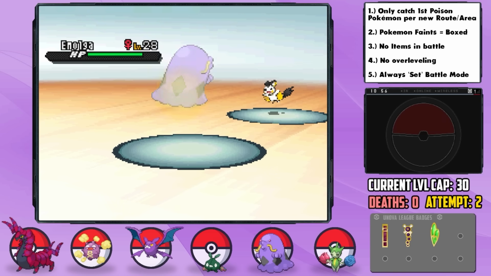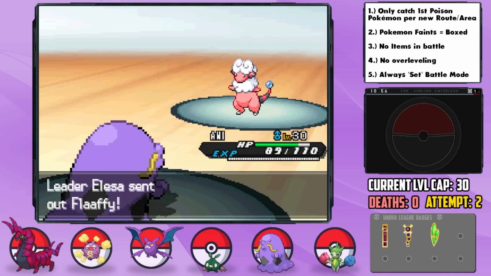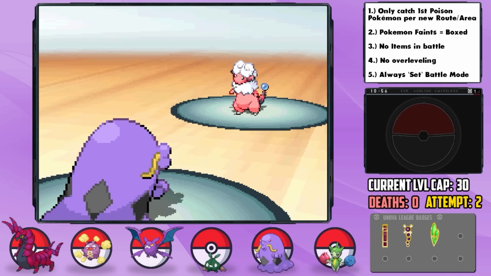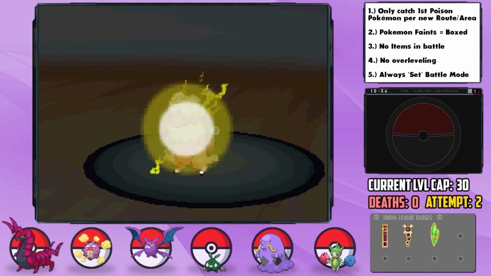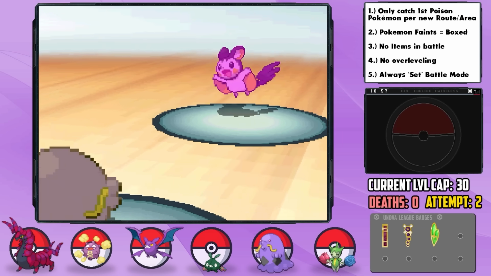Against her Emolga, I lead with our newly evolved Aoi. She Volt Switches right away, after which I get an Amnesia up to raise our special defense as Flaffy then comes in. And I know she's gonna Volt Switch like crazy. Sludge hits her to half as we then get paralyzed by Thunder Wave. Unfortunate, but as she Volt Switches again, our bulk is insane as we land a Sludge on Emolga this time